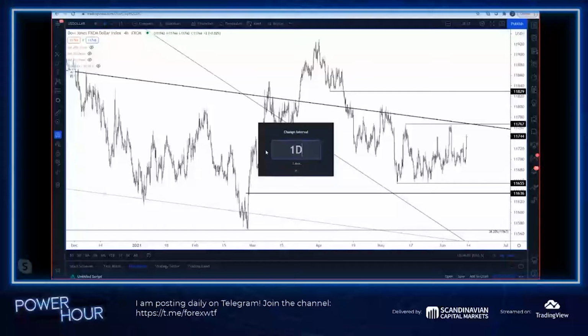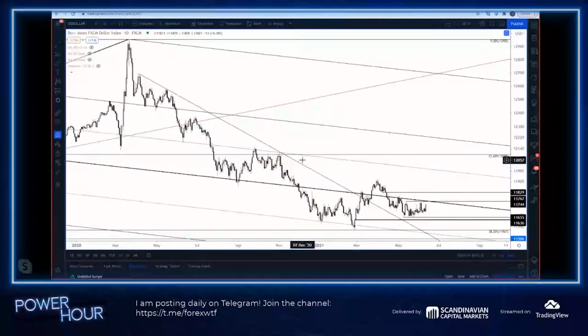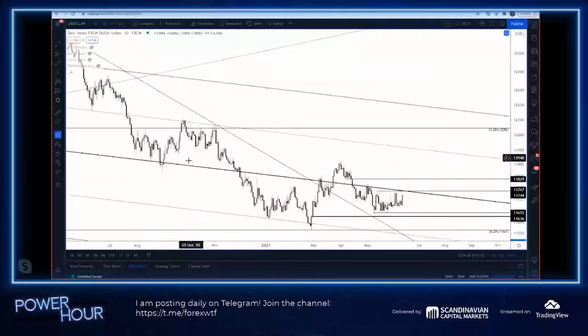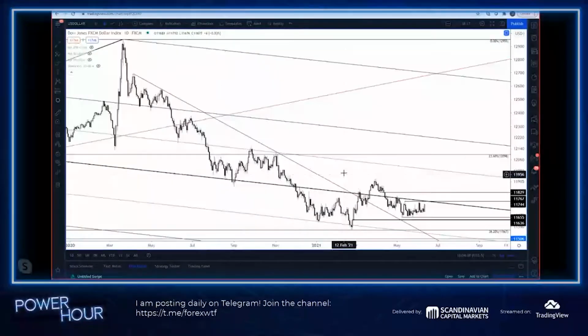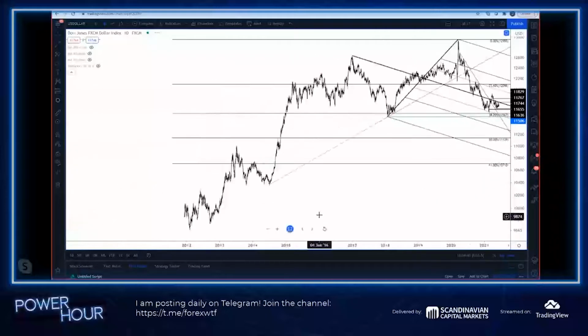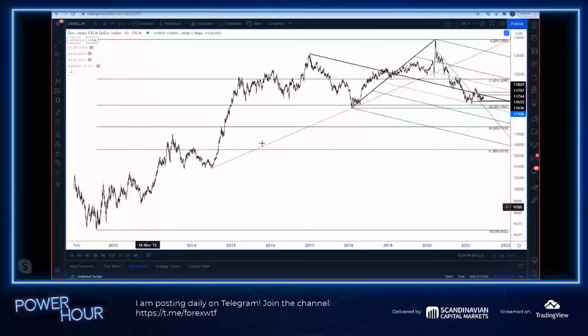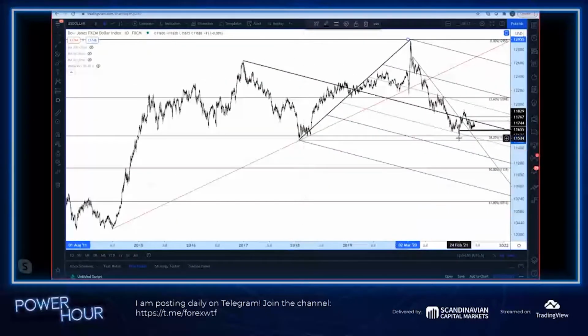All right, so going to the daily chart here. How many times have we looked at this chart over the last couple of months? A lot. It has been a brutal range, really since early May. We've gone absolutely nowhere, and you could argue even since mid-December. And again, I'm still looking at this as a very large base to work higher from. If you are wondering why I'm looking at it like that, there are several reasons. Notably, you've got the entire rally from 2012 to 2020, the 38.2 retrace of that rally nailed support back in February. You've also got, obviously,